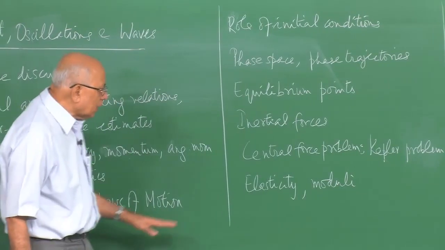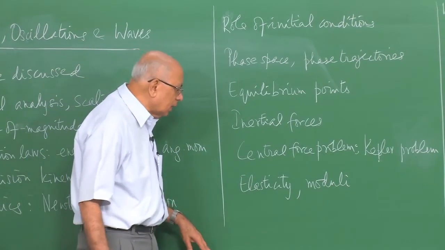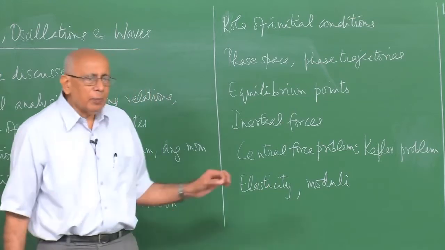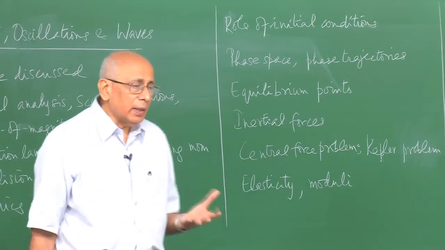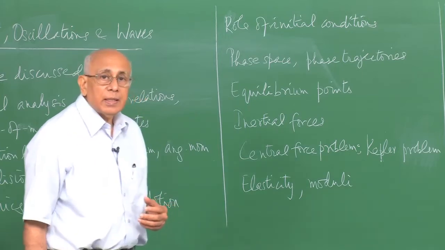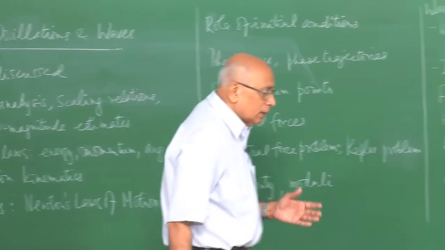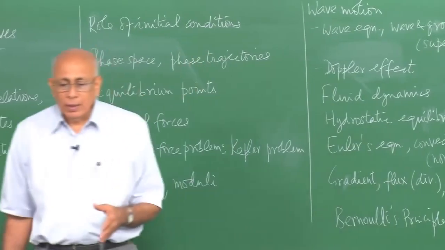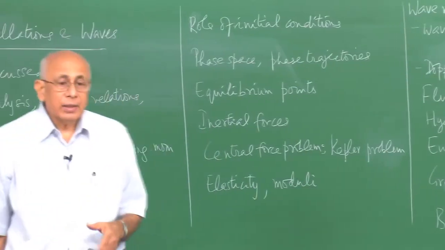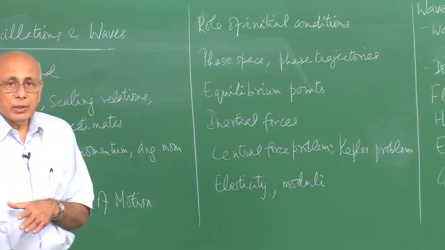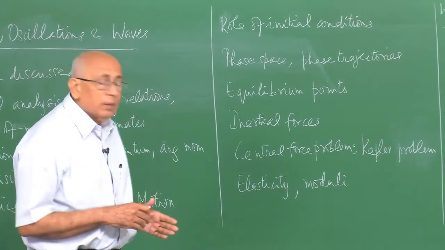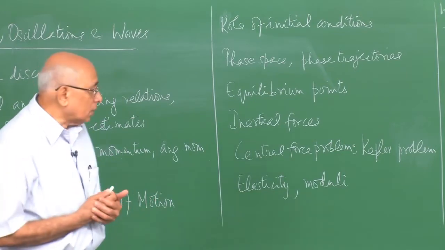There was a brief excursion into elasticity of solids and elastic moduli. The key point here, I pointed out, was that for an isotropic solid there are two independent elastic moduli, and there is a relation which relates the Young's modulus, the bulk modulus and the shear modulus, or the Young's modulus, the bulk modulus and Poisson's ratio, and so